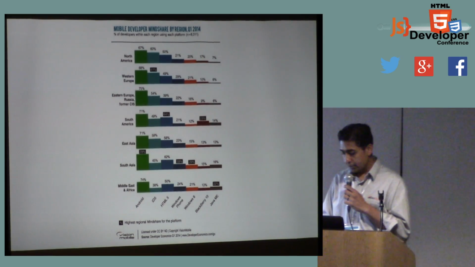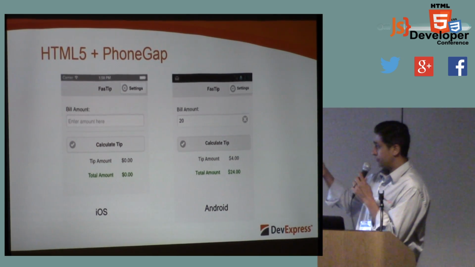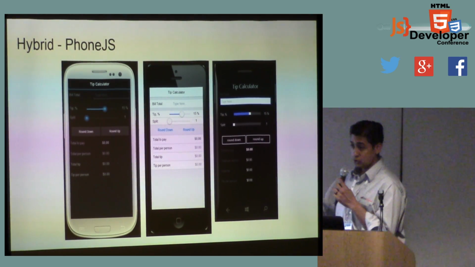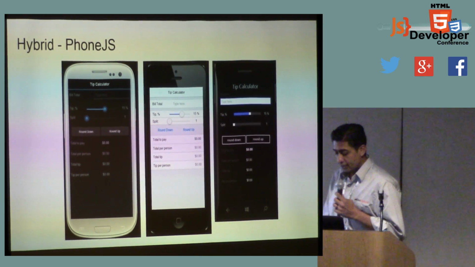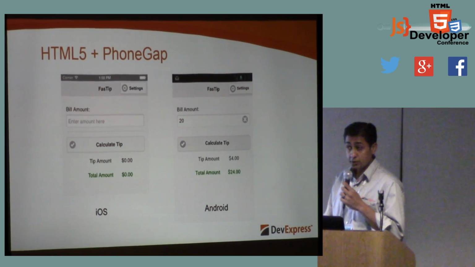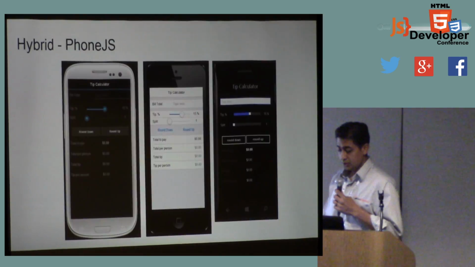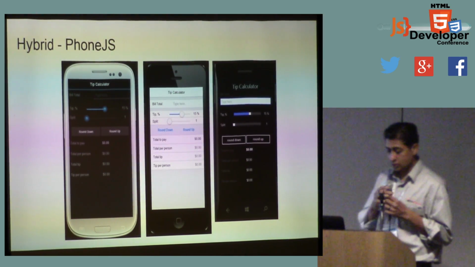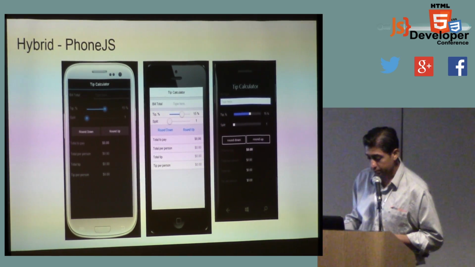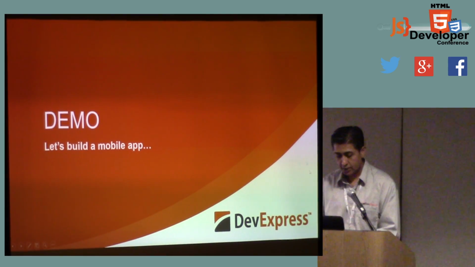So I wanted to show you this because, if you want to succeed, you don't want to deliver experiences like this. You want to deliver native-looking and native-feeling solutions like this. Now, the previous images I pulled from, I forget the site's name, but it's a nice article. The article itself says, hey, listen, PhoneGap is great for this, but it's not the best for getting a native-looking experience. And that's where you would use some framework like ours that I showed you earlier. So this is written once in HTML5 and JavaScript, and it automatically adapts. Excuse me. All right, so let me show you how this works.